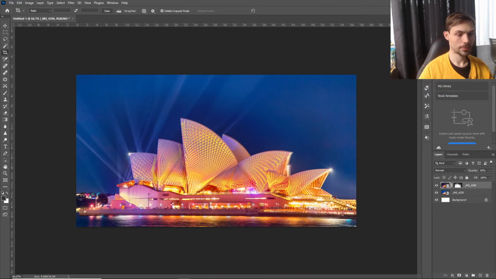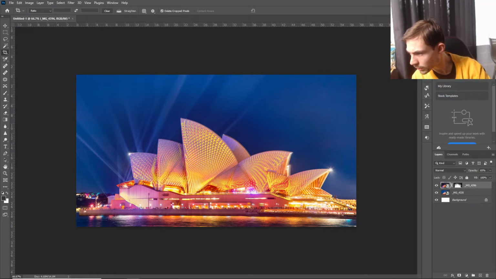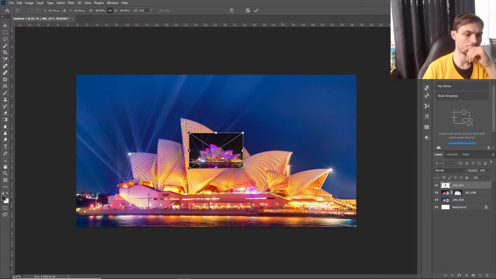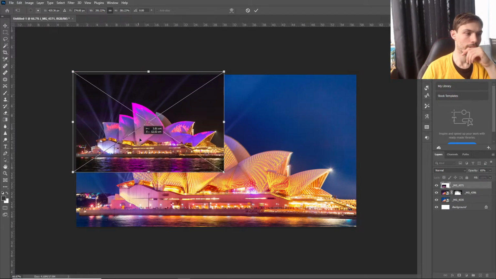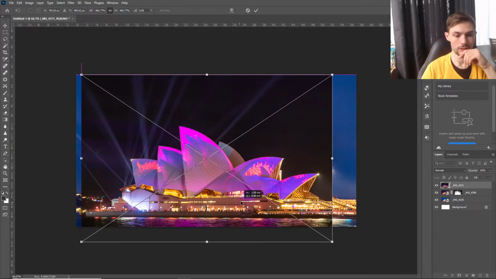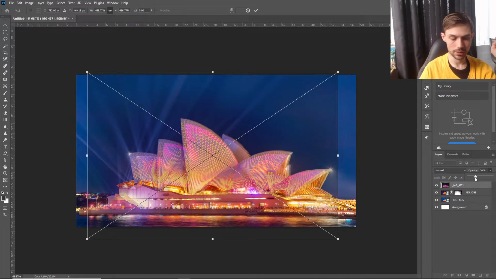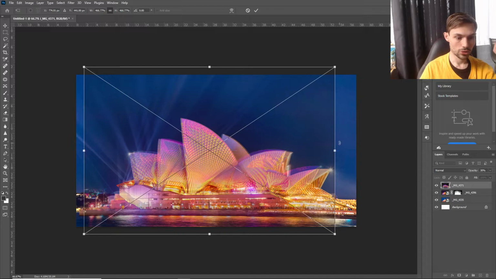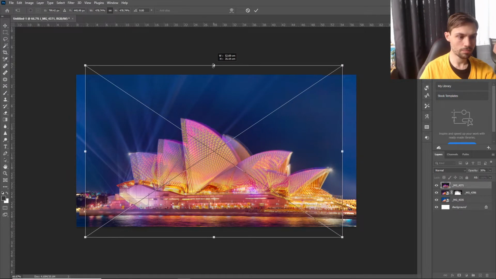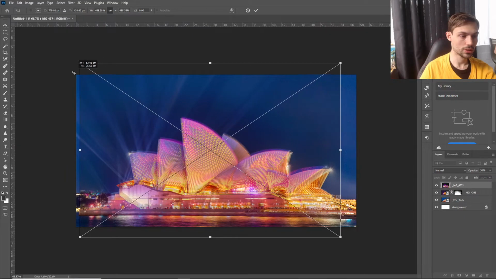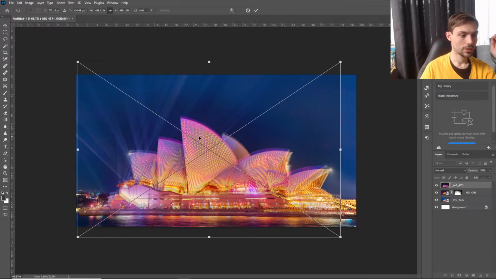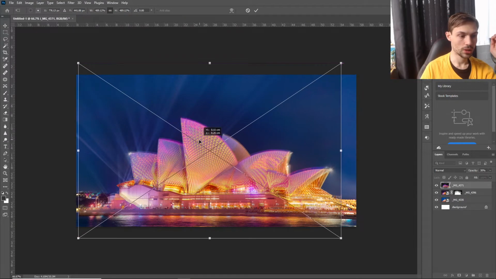There we go. We could also add more. What else do we have? There isn't really. Actually, this one. Let's try this one. So we can add another layer like that, try and line it up again with the Opera House, with the opacity down to like that. This one's going to be a bit more difficult. I think if I can warp it a bit, I guess it would also work, but